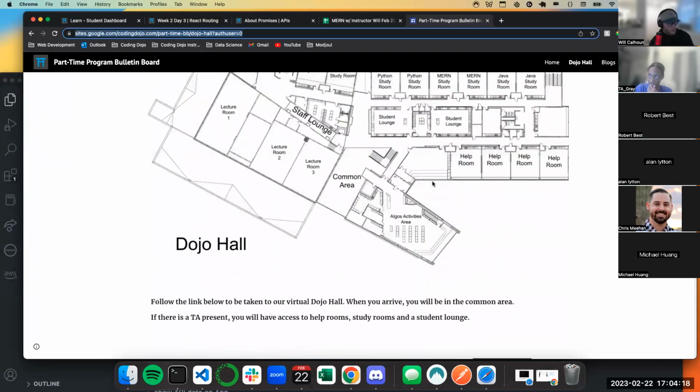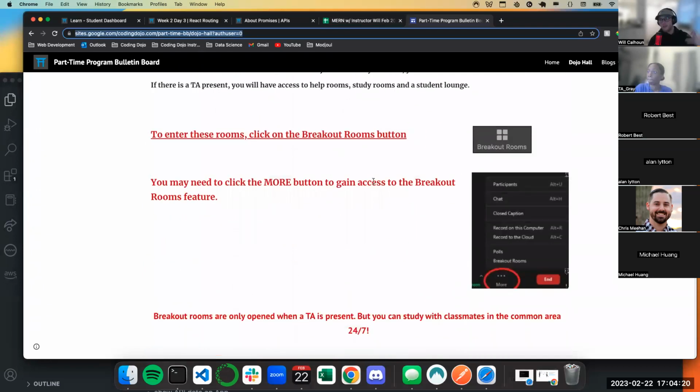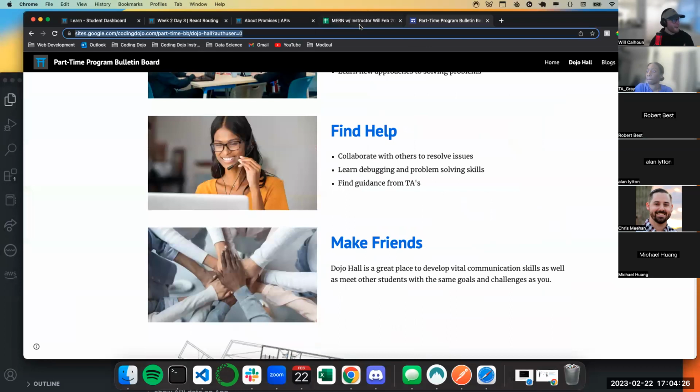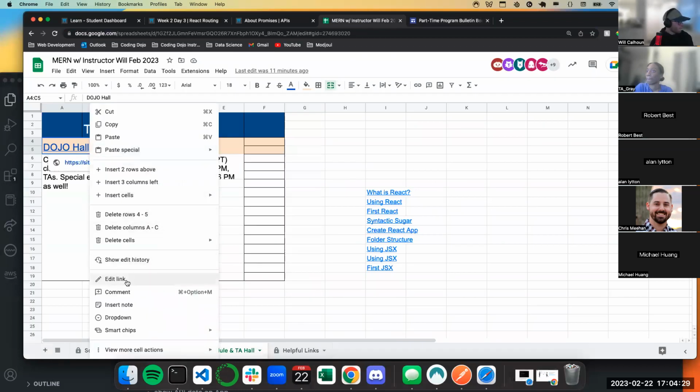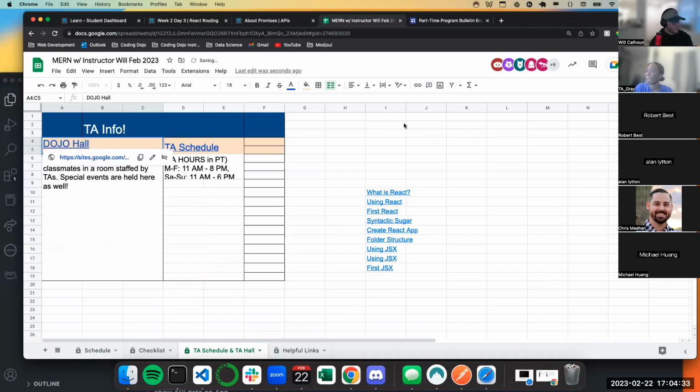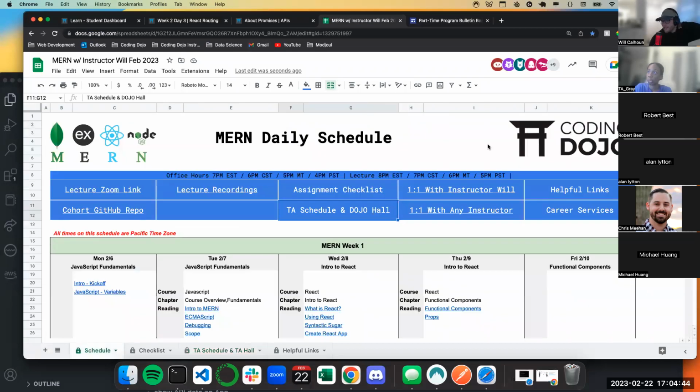But Dojo Hall is a great place where TAs are literally sitting and waiting for you to come and ask questions. So if I am not available, please don't just say, oh, I guess I have to wait until next week. Instead, there's tons of resources, or shoot me an email. Also, if you say, hey, I'm really struggling, I really need to talk to you, but I don't see any time until next Wednesday, if you shoot me an email, I can work around my schedule.